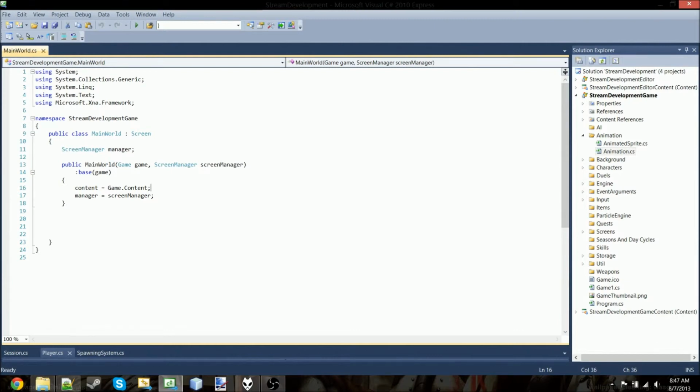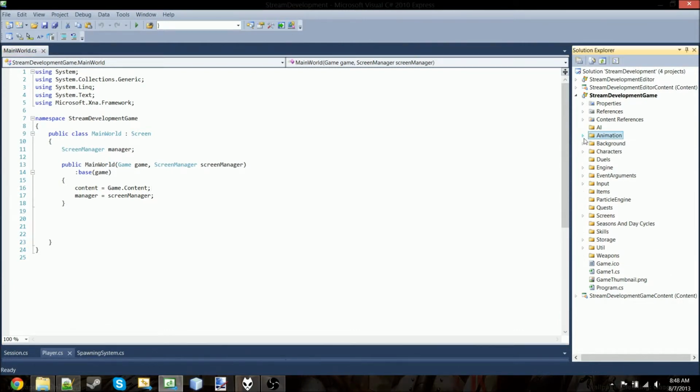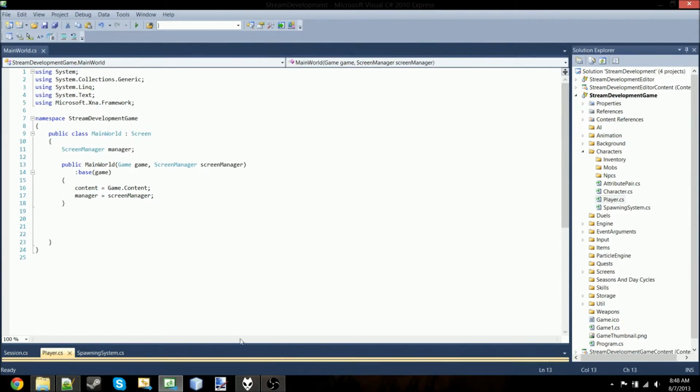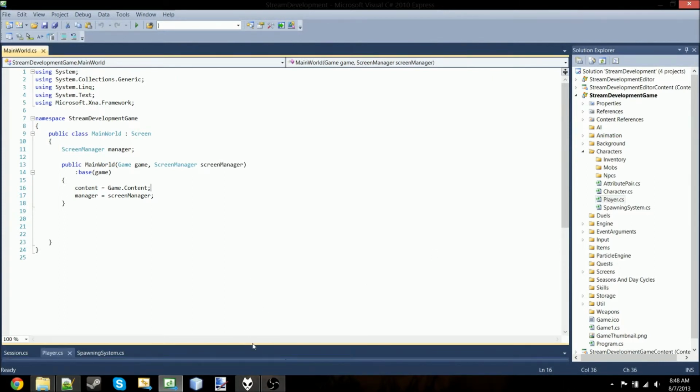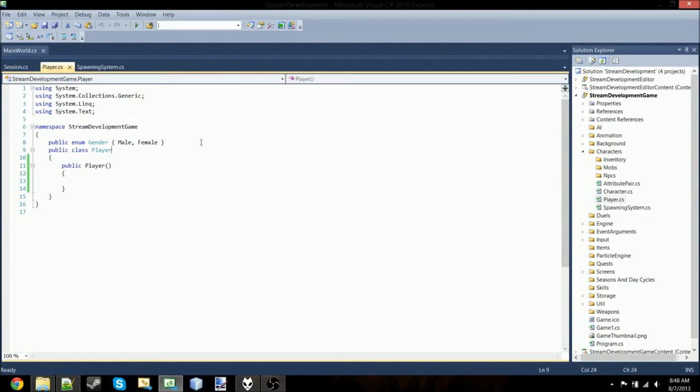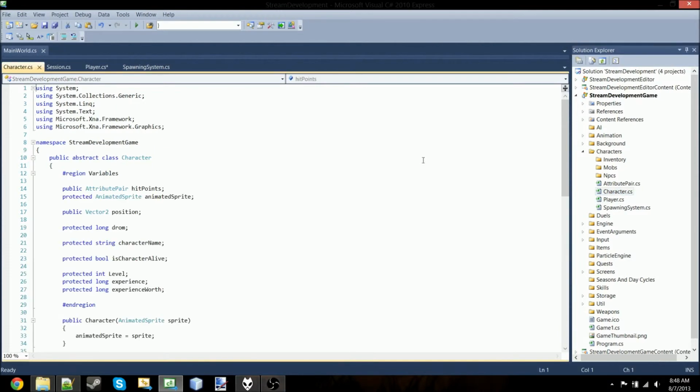So moving on, let's look at character real fast, or not player, let's look at character real fast though. Player, there's just not much to it. It's just a way to distinguish male from female, but it inherits from character. If we look at character,